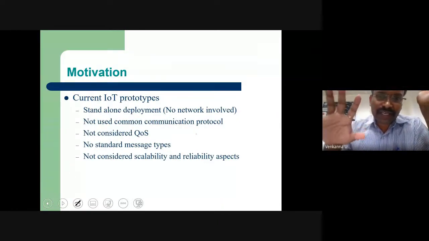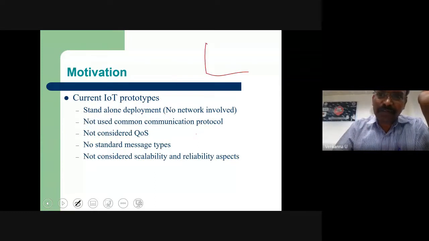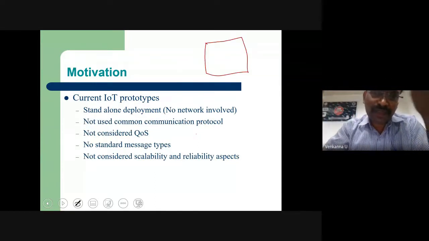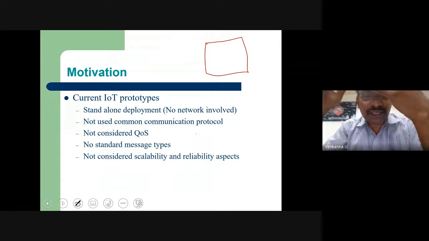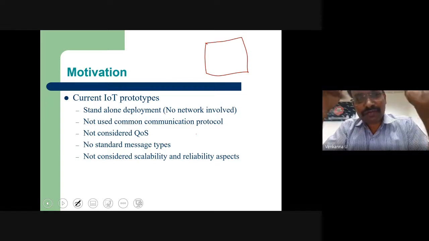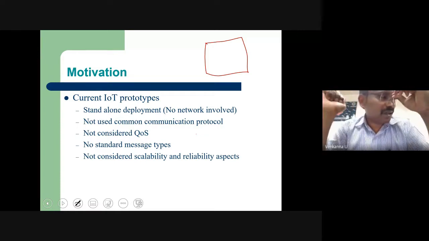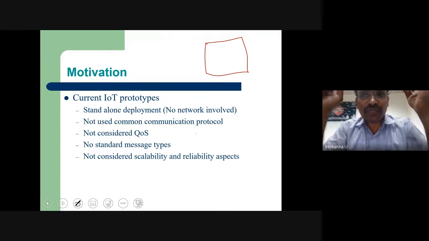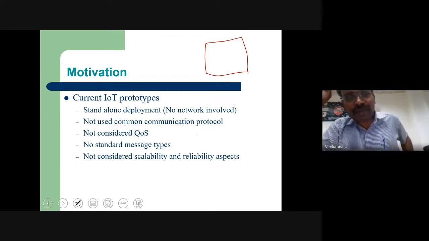Now, what is the current scenario, and why are people not focused on it? Everybody is majorly working on developing an IoT application to measure soil moisture, or developing an IoT application to find disease infection. They are focusing on small IoT applications. But the very important thing you need to focus on is communication, because if it is not communicated, your IoT vision has failed.